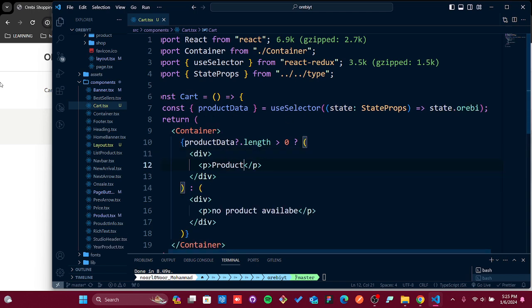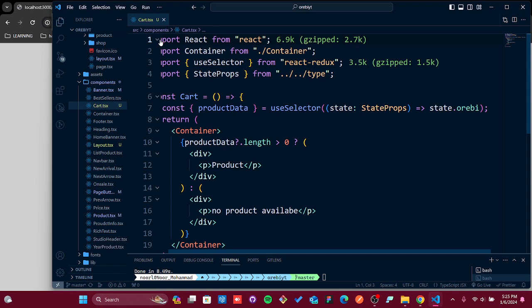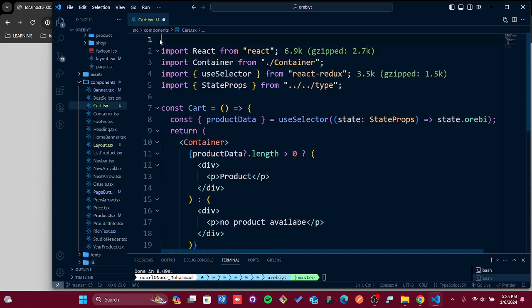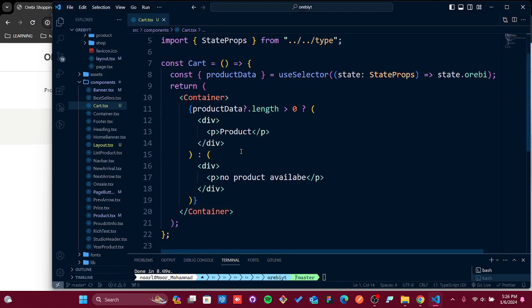Let's see which one is actually affecting. Of course, we can see the product here. Okay, this function is not supported in React server components. Remember, we forgot to make it a use client, that's why it's giving us that error. So just make it use client. I will hit the refresh button to make the error go away. Okay, now we have our product portion. The second part we will do later, which is coming with the message,